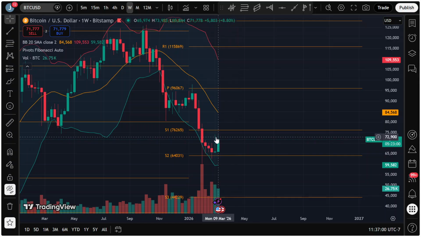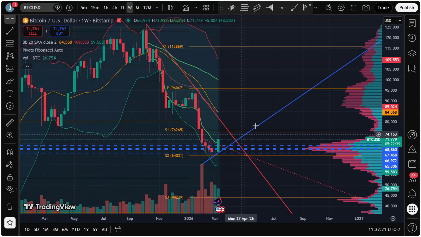We are above this 50% mark of the range, which is good. That gives us permission to have another run at 76.2K. Hopefully before the weekly SMA is too much lower, but regardless, by the time we actually interact with it, that means all of this price momentum back to 96 is what we have to be able to fill volume-wise, and it starts getting very thin right at 86. I think a lot of people at that time are going to sell. They're going to make their decision to go buy oil or gold or whatever. They're just not going to want to stick around with Bitcoin, with so much uncertainty around it.